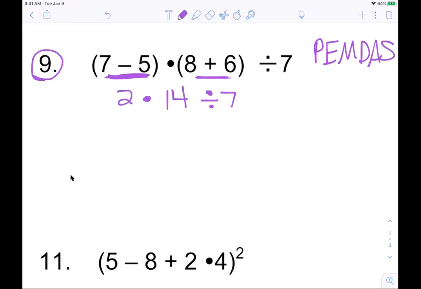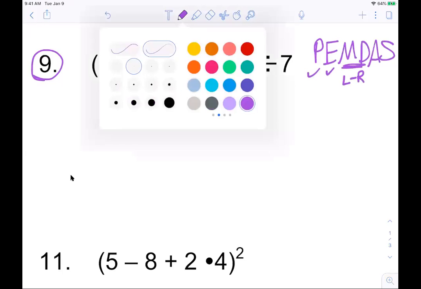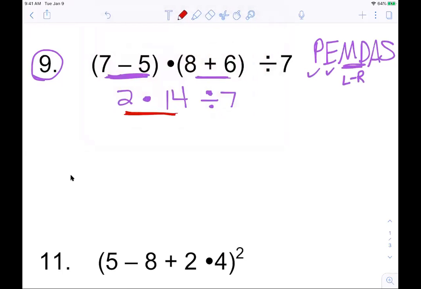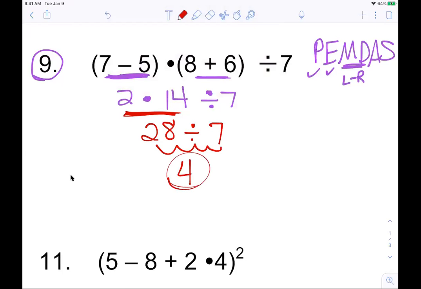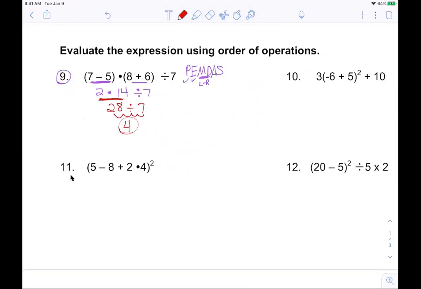So we did the P part. We don't have any exponents, so I don't need to do that. And then we have multiplication and division, and remember that's left to right. So if I'm looking on the left, we have to first multiply 2 times 14. So that's 28. Excellent, that is 28. And then finally, the last thing, what's 28 divided by 7? 4. 4, perfect, yay! So PEMDAS, again, so your goal is to do 10, 11, and 12 exactly like we